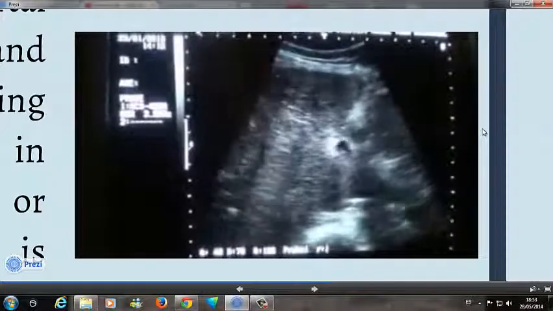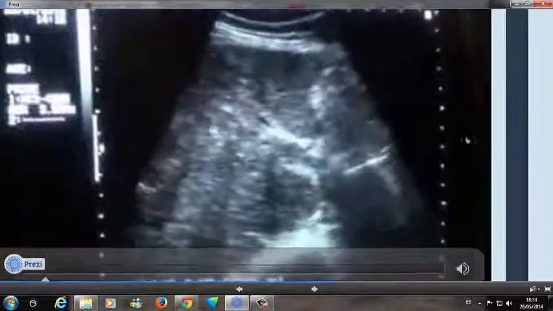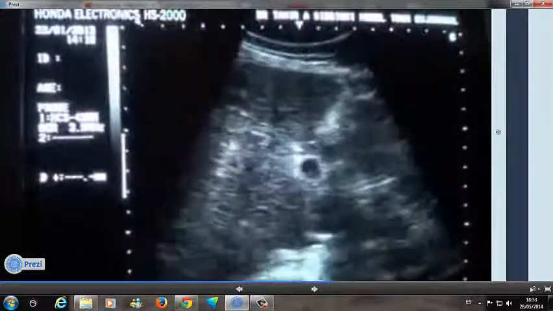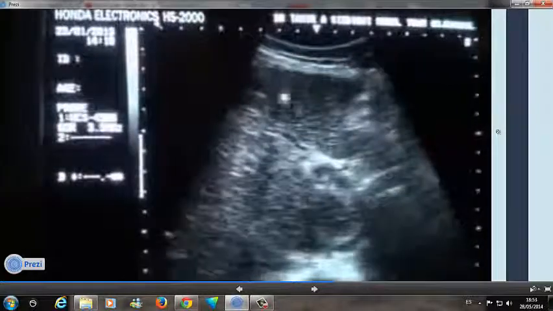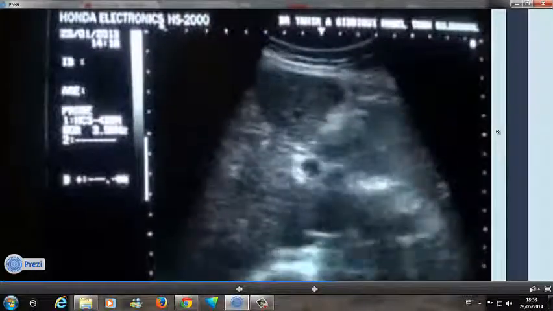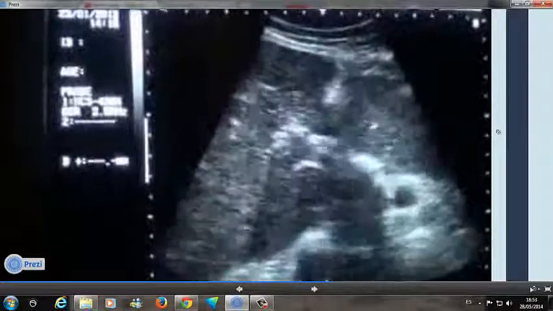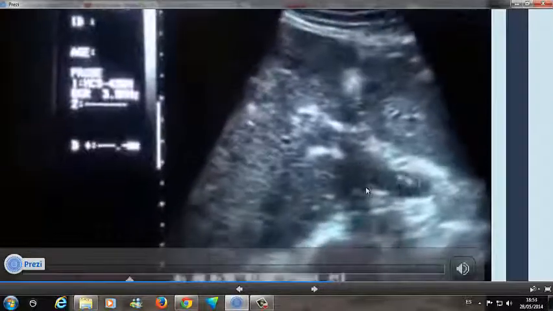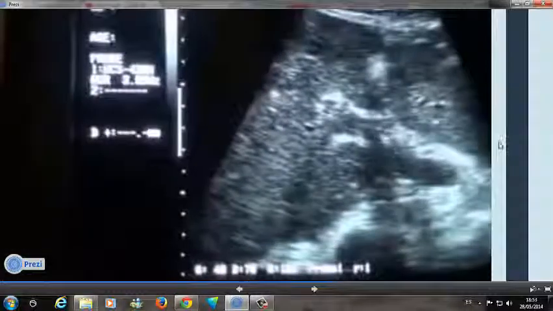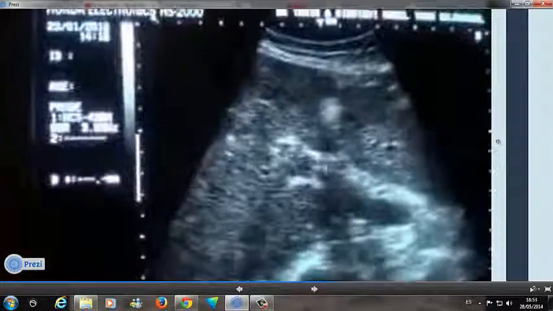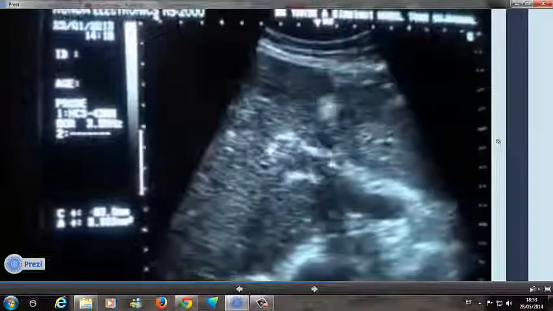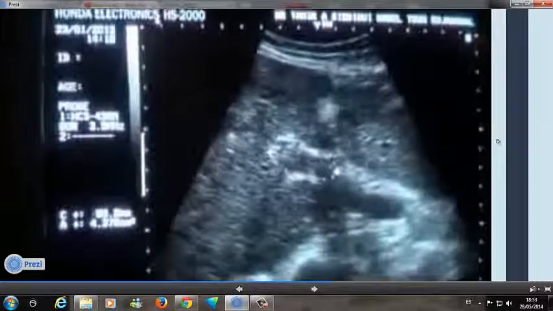Now this is the cirrhotic liver. You can see the outer surface is irregular, with coarse texture, and see this is the portal vein. This part of the portal vein, the intrahepatic part, if you see, is clear. No echogenicity is seen in this region,